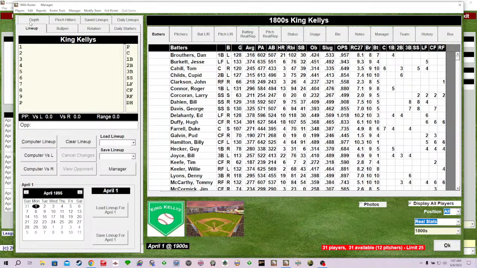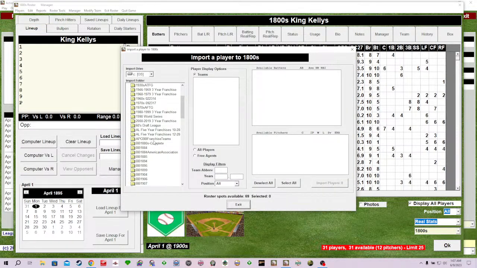All right. I should knock somebody off this team, but nah. Player, import, and where's 1886? It's making me dizzy.